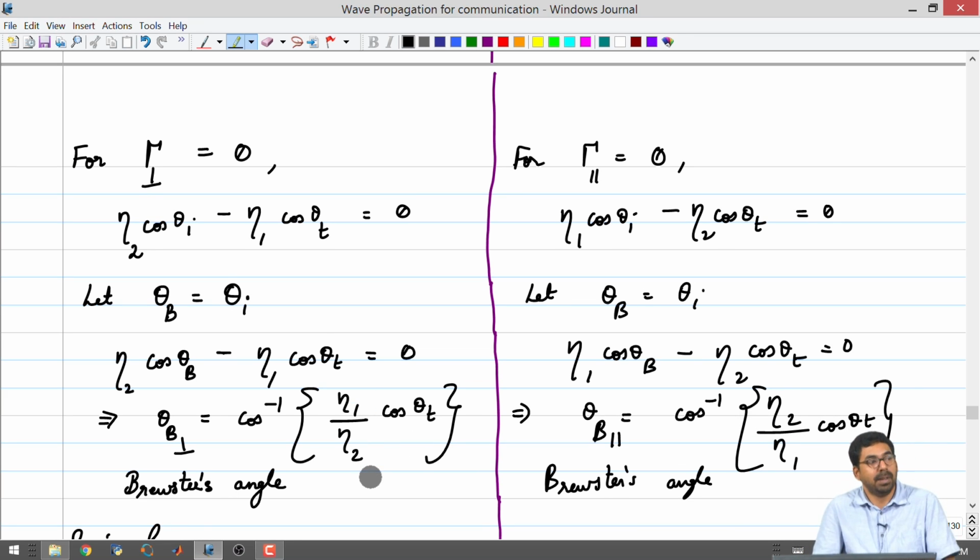You remember this much, and if you are able to calculate cos theta t from the given problem, then you could calculate the Brewster's angle in no time. But the Brewster's angle for different polarization is different. That means that in order for you to get a reflection coefficient 0, you have to understand that it would be possible only for one polarization. For the other polarization, that angle of incidence where you get 0 reflection is going to be different. So, impedance matching or having no reflections in electromagnetic waves with arbitrary polarizations is not easy, unlike transmission lines, and it requires tremendous effort.